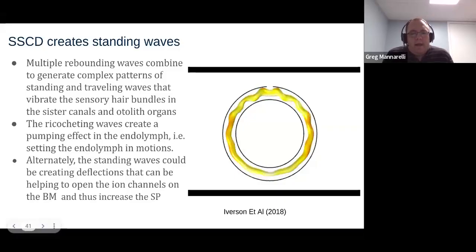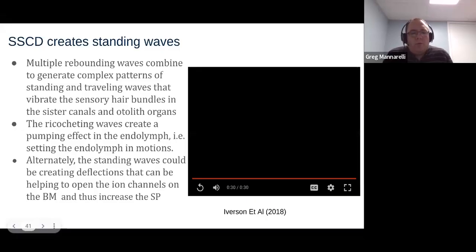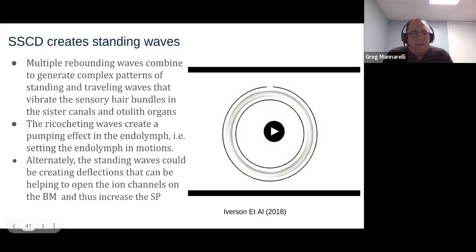And they hypothesize that these ricocheting waves are creating a pumping effect in the endolymph, which is setting the endolymph in motion, potentially deflecting the outer hair cells and inner hair cells, so they might be more prone to fire, and felt that the standing waves could be creating deflections that are helping open these ion channels. So my basic point there is, these